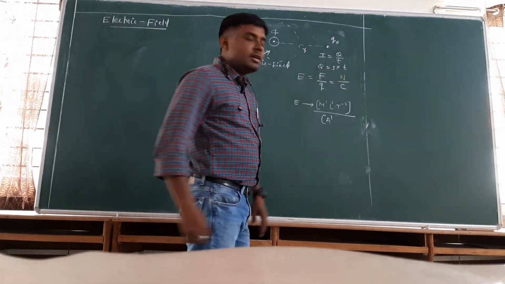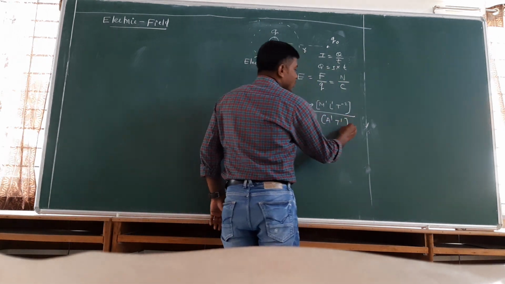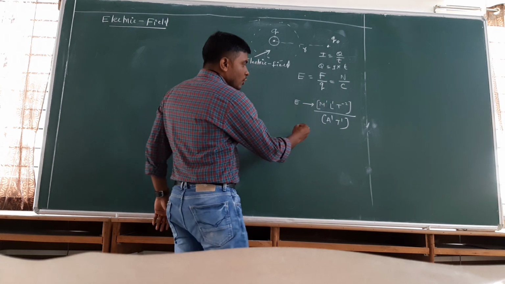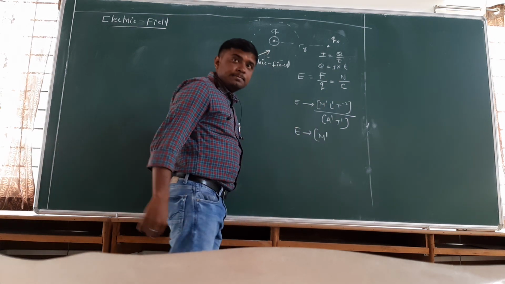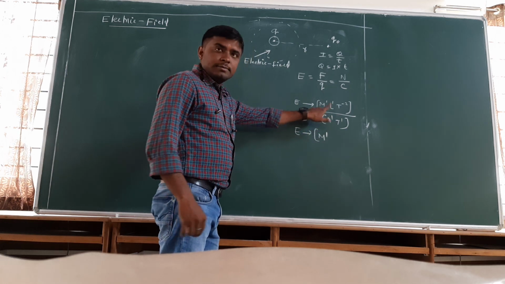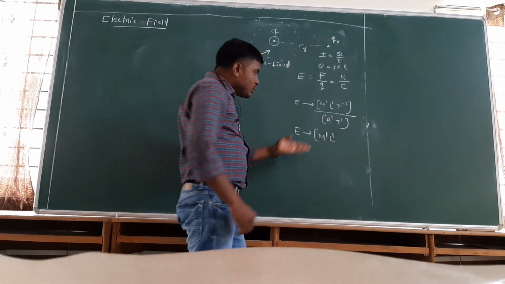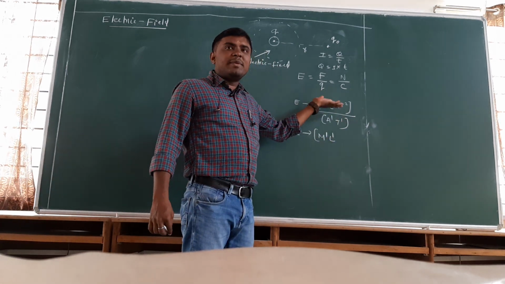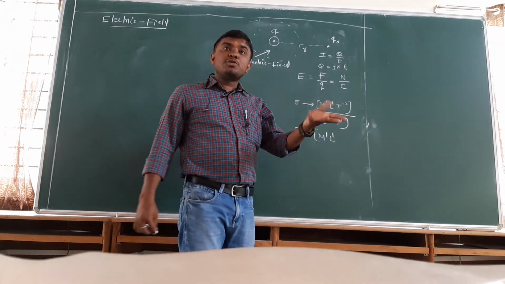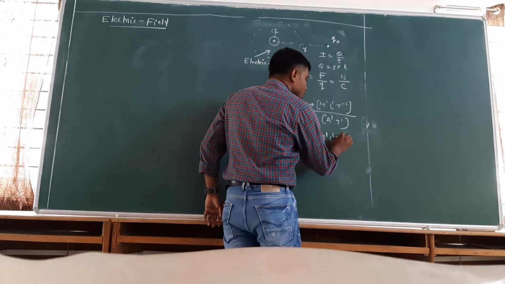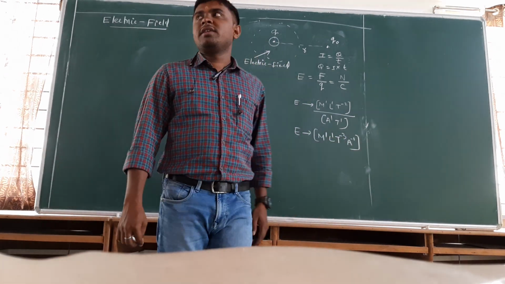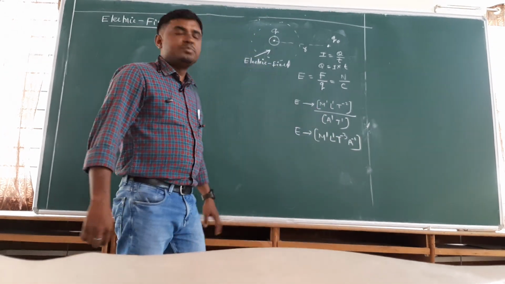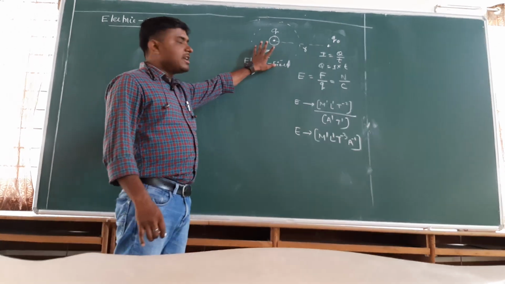T meaning time, so it becomes T1. Taking this to the numerator, what will be the dimension? E will be equal to M1 L1 L1. When you take this T1 to the numerator, it becomes T minus 1. Minus 2 minus 1 becomes how much? Minus 3. So T minus 3 and A becomes minus 1. So this is the dimension of electric field. Now have a look here. So what do we understand here, what is electric field?